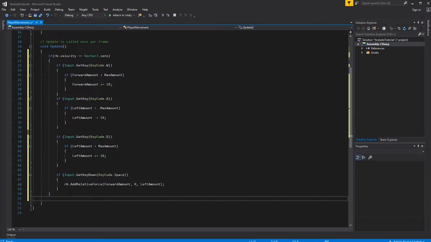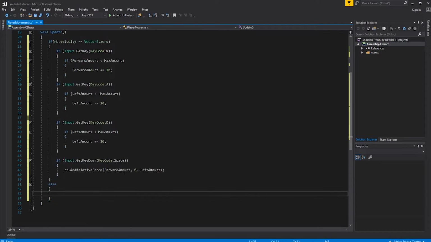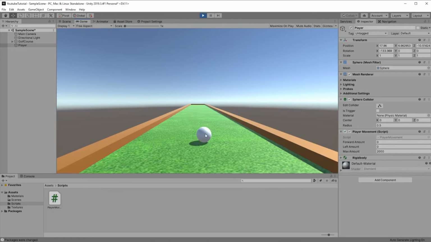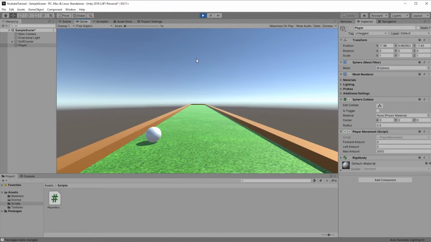And when it's moving, we want to set them to 0, like that. Let's see if it works. Let's try this again.